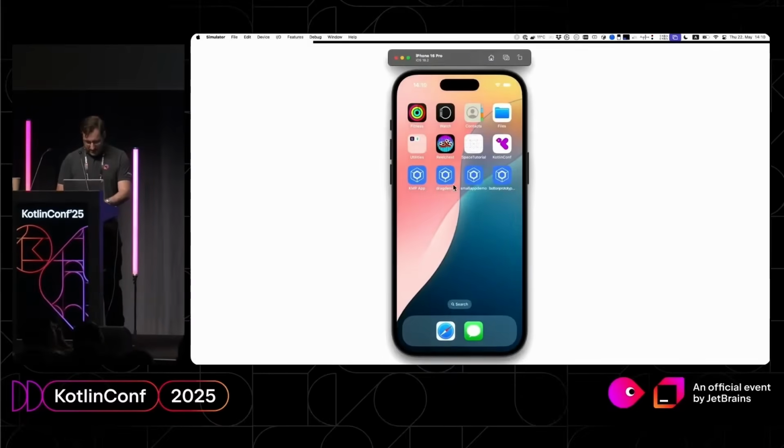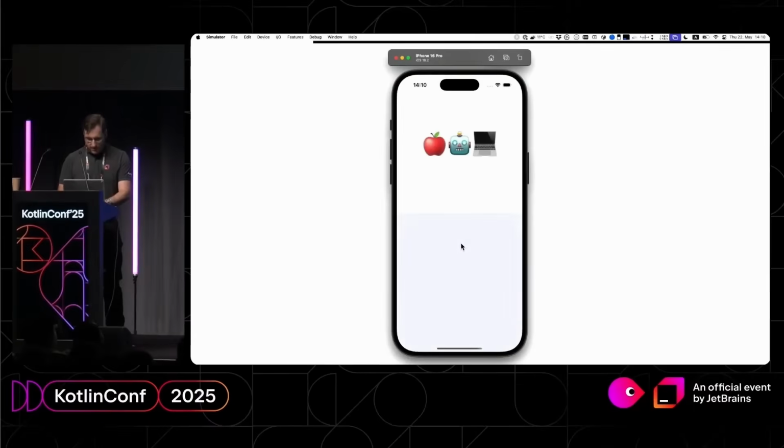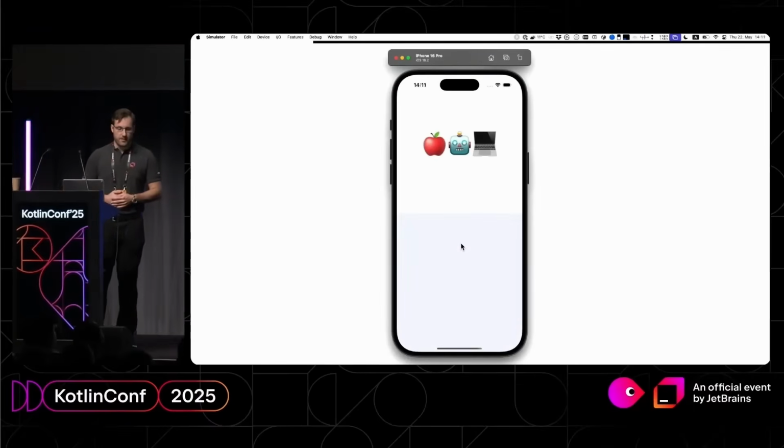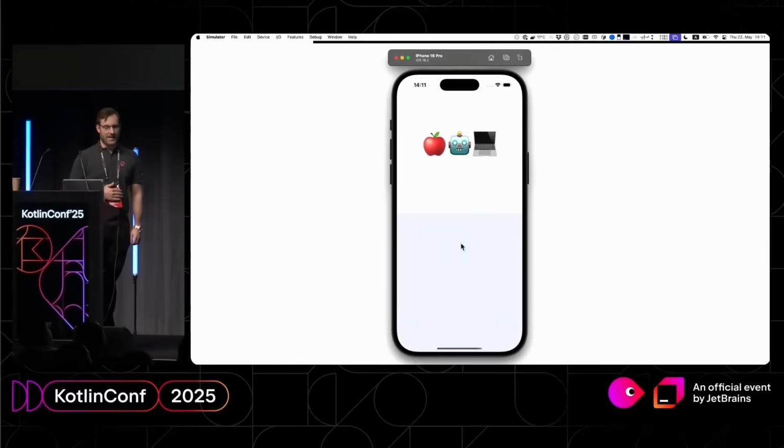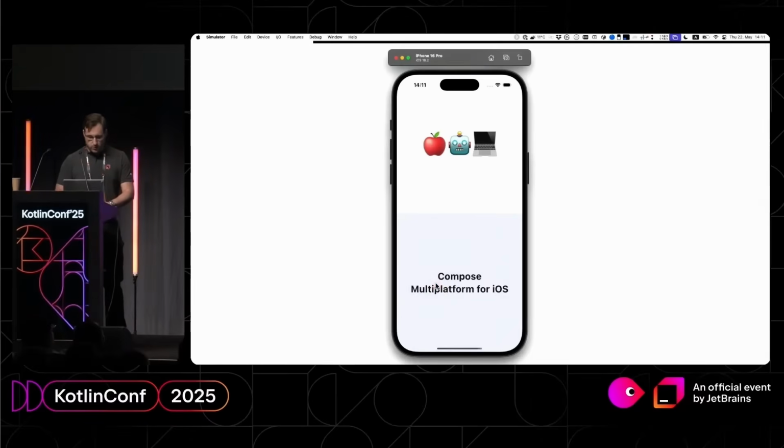One of the examples that I have for this is drag and drop. So here's a couple of emoji components that just have a clipboard item attached to them. So what I can do is grab myself this apple, for example, and drag this into a drop zone, and it will tell me whatever data was originally associated with it. So for example, Compose for iOS, for Android,